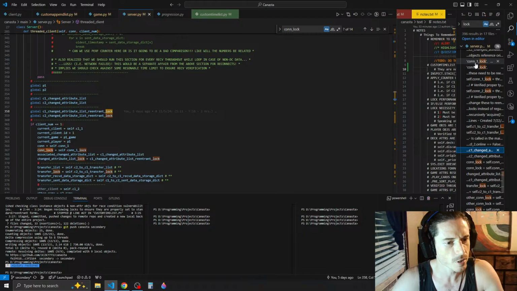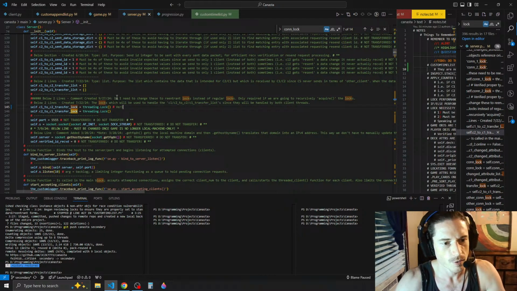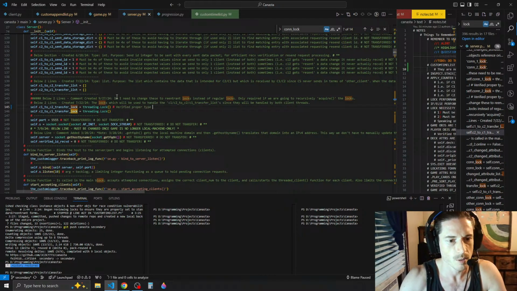2 more minutes left. Change attribute reentrant lock. We know that's proper. Oops, I forgot. Let's put our verified proper type of lock, non-reentrant,